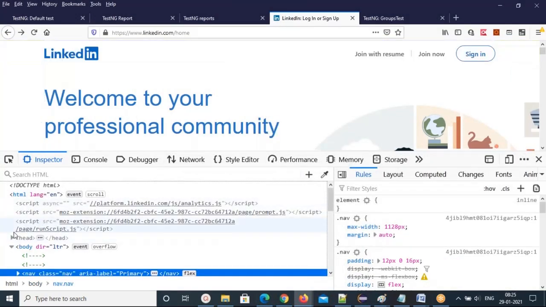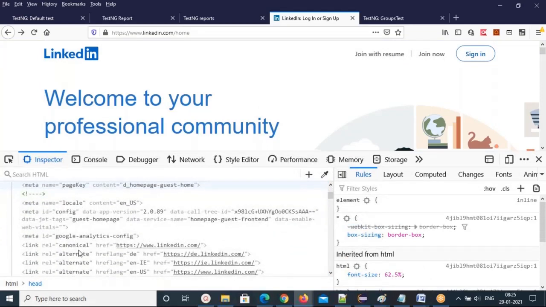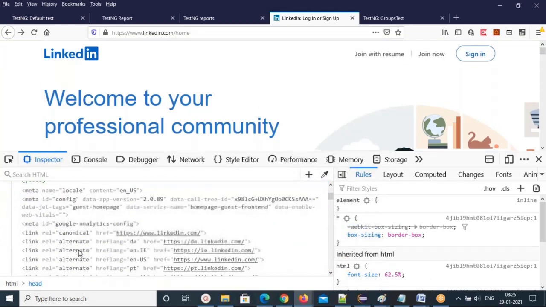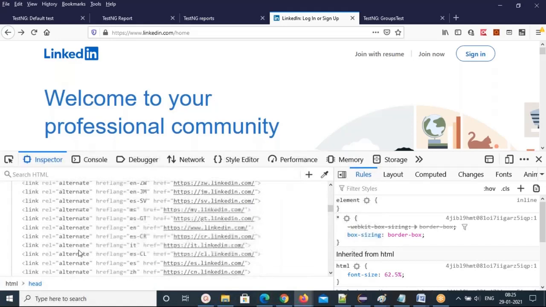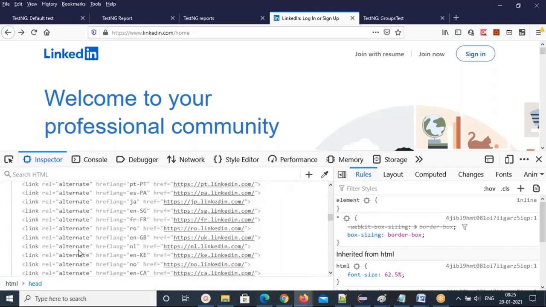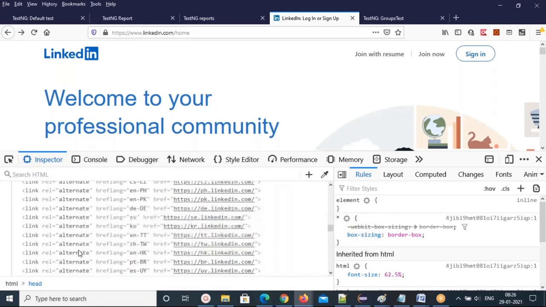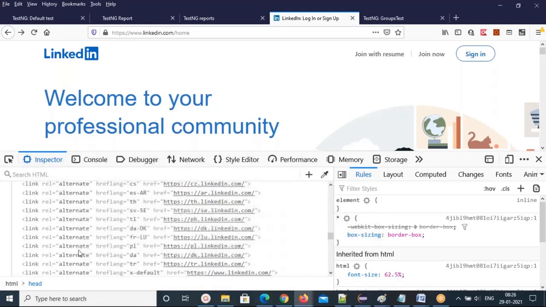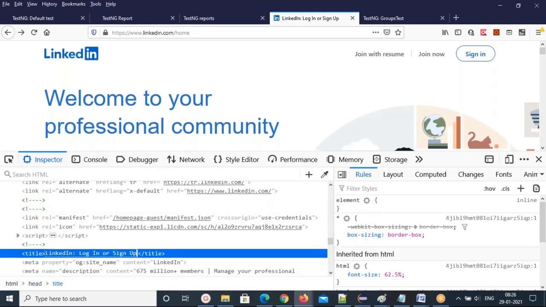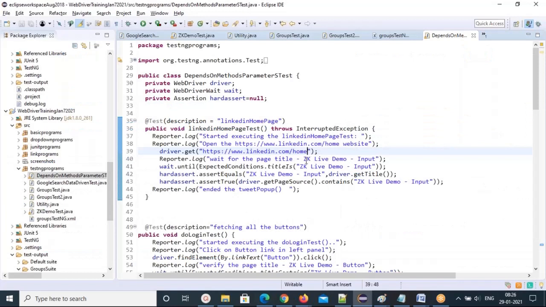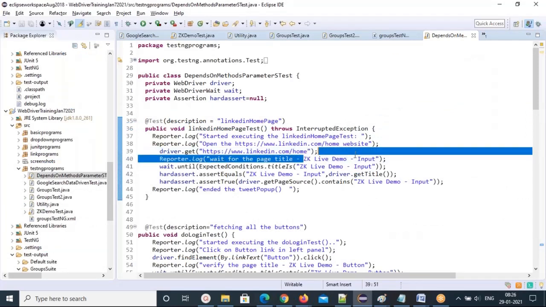What is the page title you have? Look for the title tag. You can find the title tag in the head tag easily. And if you are not finding it, just search also, right? This is the one you can see here. Just copy this title and you can validate this page title.